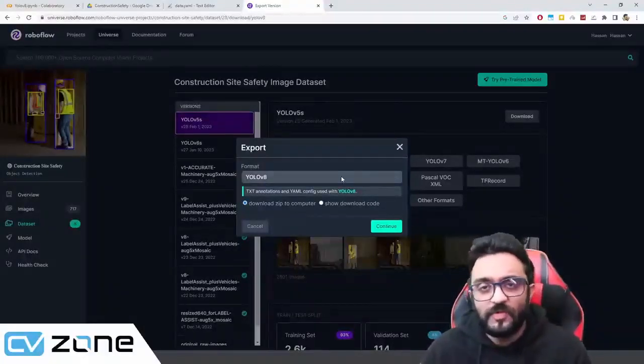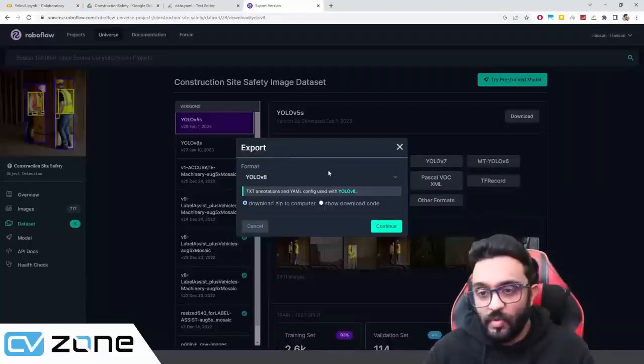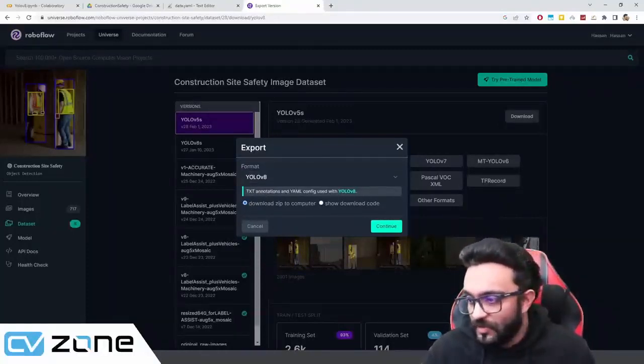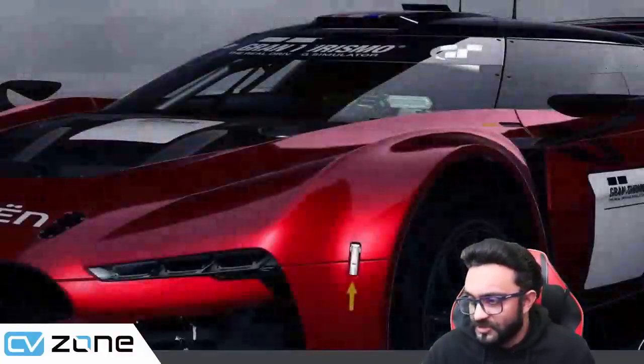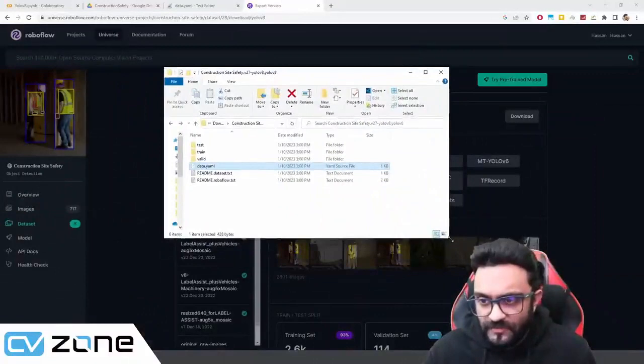Now, if you don't have a data set available online, and you want to create your own data set, then you need to know the format in which the data set should be. In order to understand that, we are going to open up this construction data set. So here is that data set. If you download it in a zip